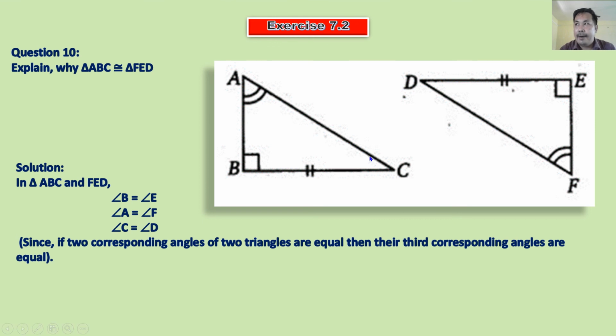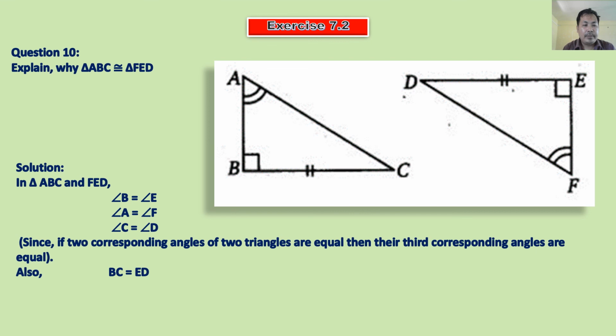There is one fact that the sum of three angles is always 180 degrees. So your idea should be diverted to that when you are thinking about why angle C and angle D are the same. Angle C and angle D are third angles. Being third angles of the triangles, they are equal and also corresponding. So that's why angle C is equal to angle D. It means all the angles of the triangles are the same. And now the last thing is we have to prove with a criterion that they are congruent.